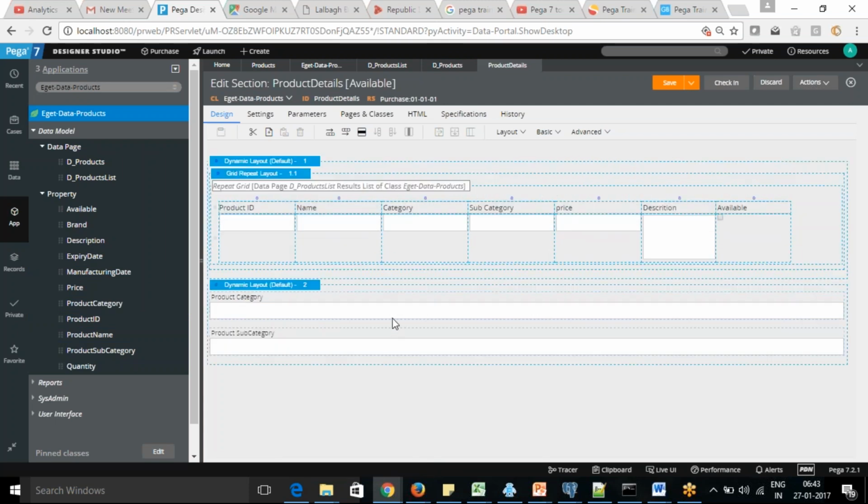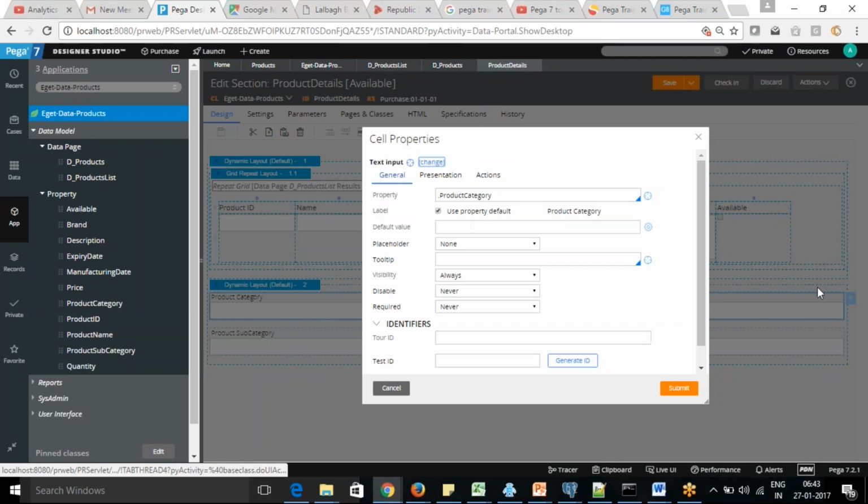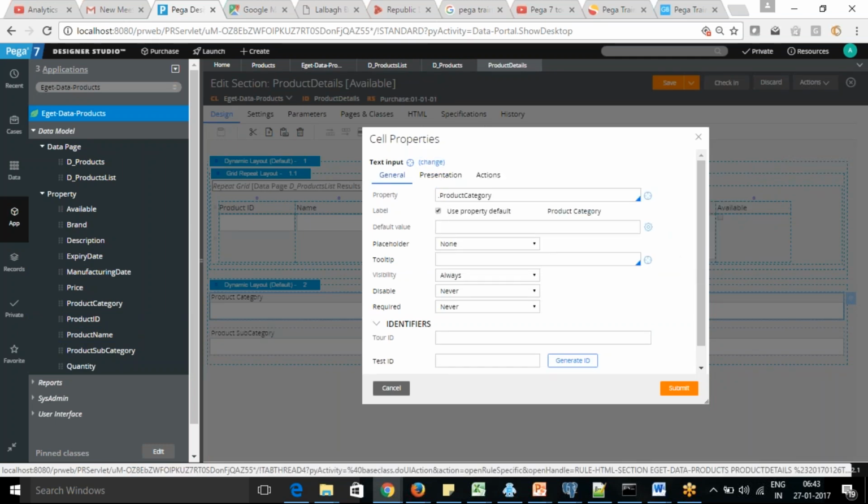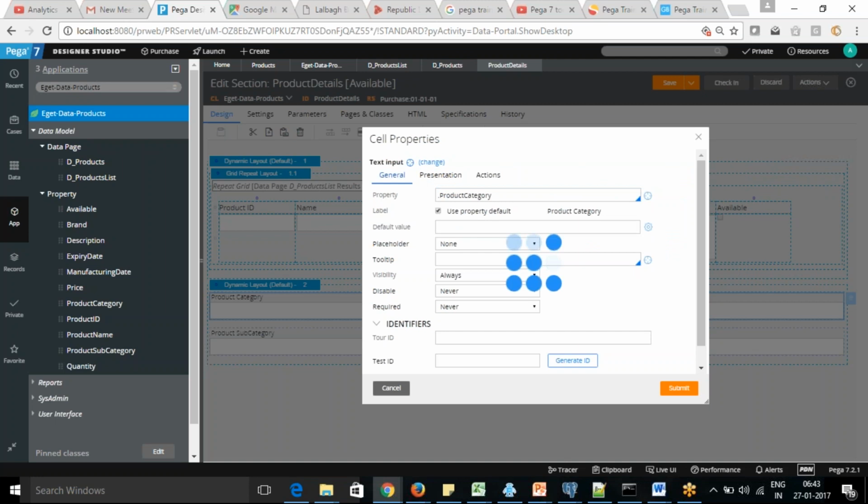Yeah. So you can see I created the properties, and there I want to change that to a drop down.